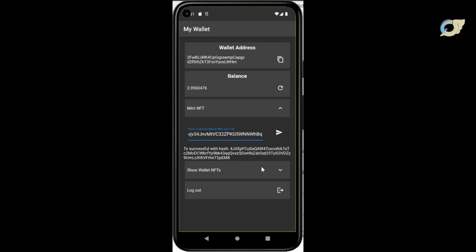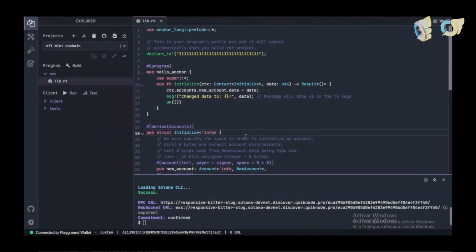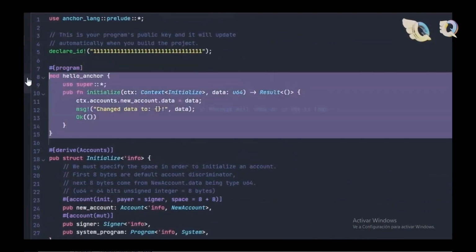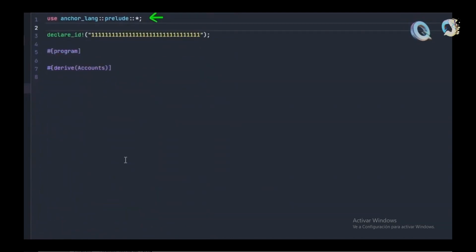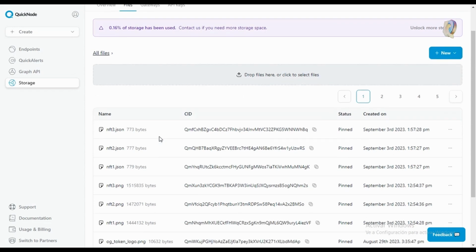We will be minting our NFTs on the Solana network by interacting with our NFT minting program directly on chain, which we developed in the video, creating NFT on chain from scratch in Solana. Link in description. As a previous step, we must have the image files and metadata of our NFT ready in